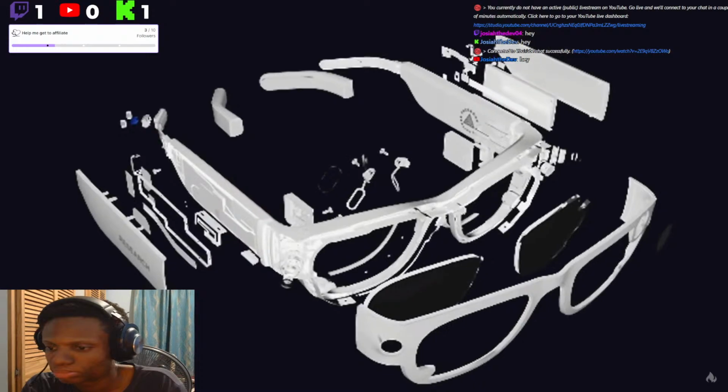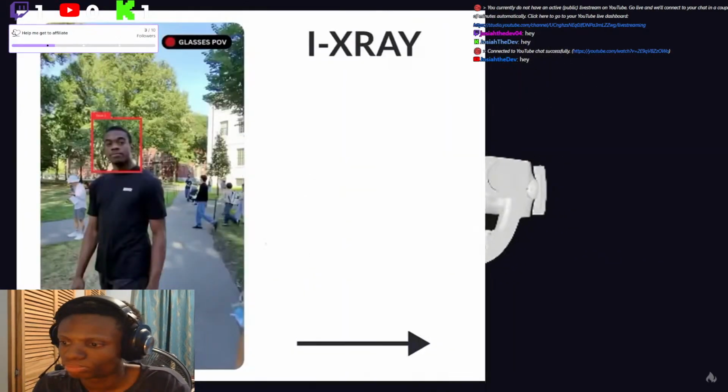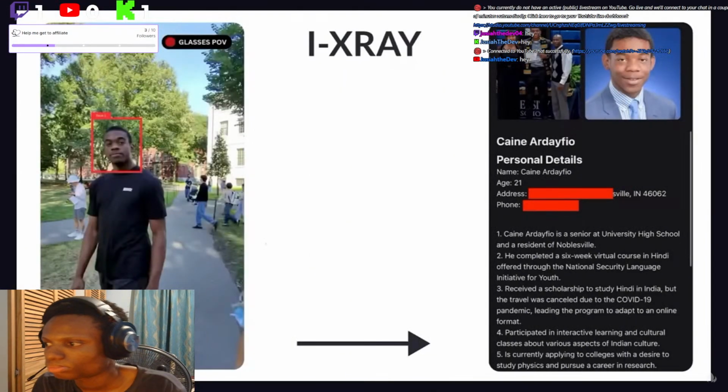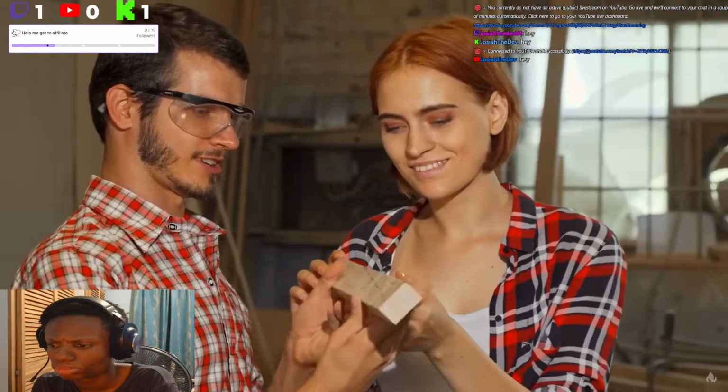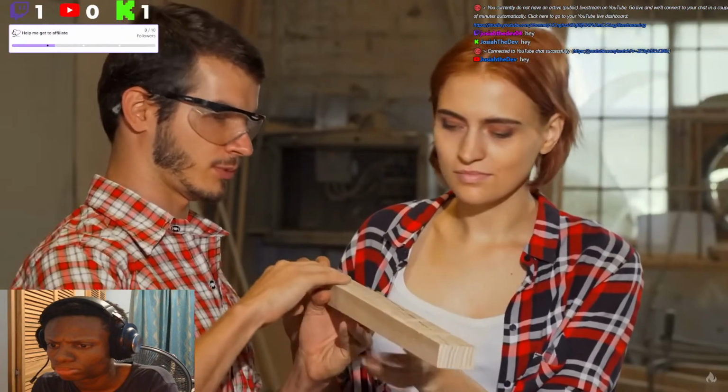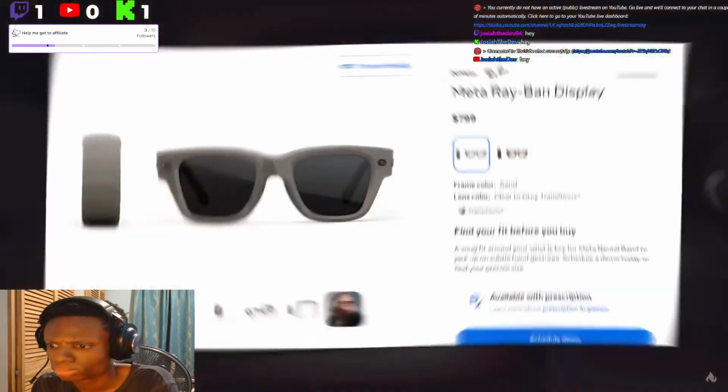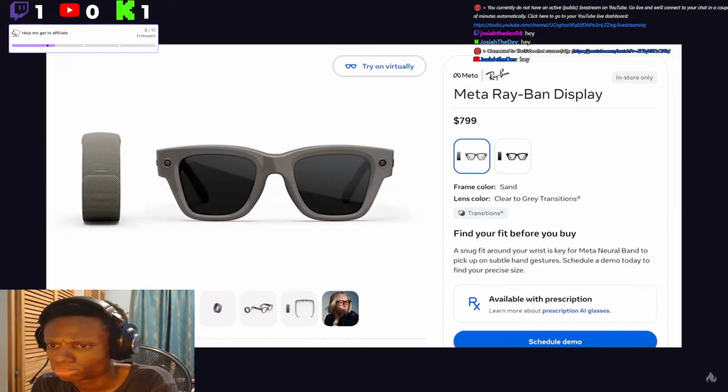When Meta released its AI smart glasses last year, the first thing people did was develop an app to dox people in real time by connecting its real-time video feed to facial recognition software. This has allowed men to optimize the way they talk to women by knowing all their personal details in advance. That's awesome, but these new Meta Ray-Ban display glasses represent a breakthrough in 3 key areas.